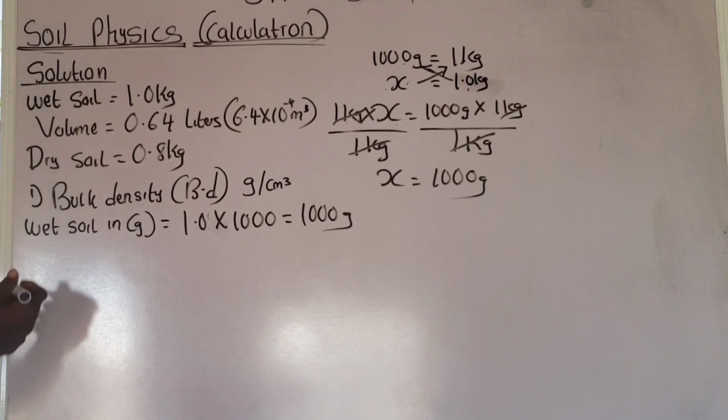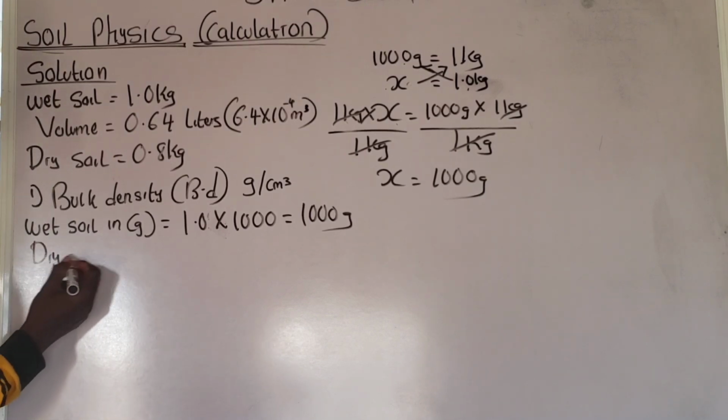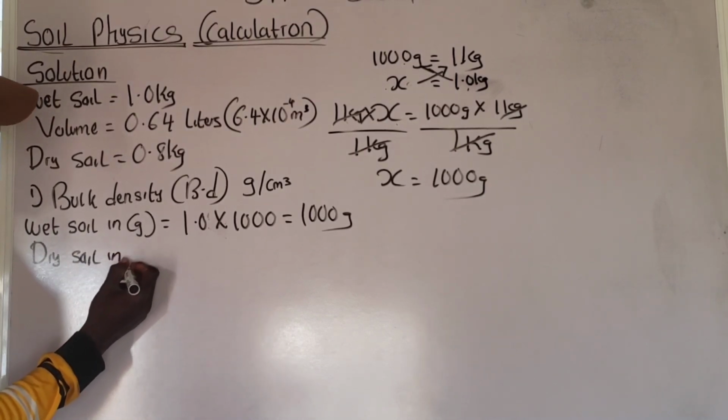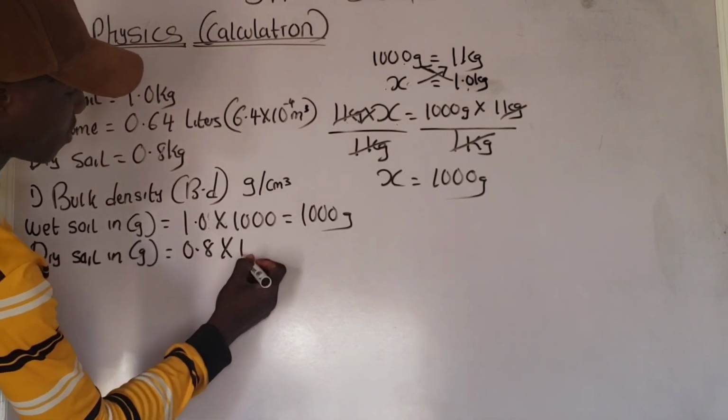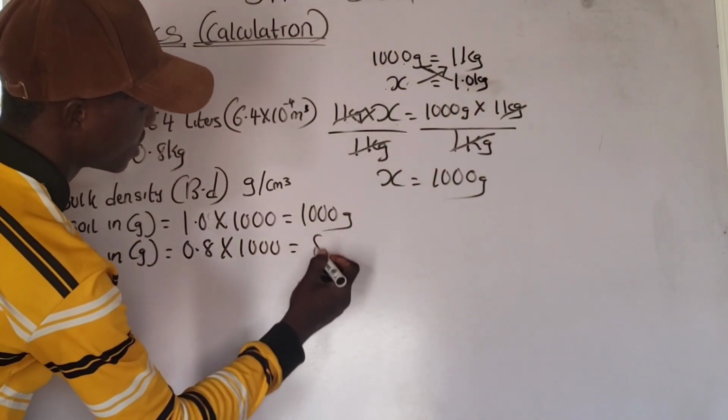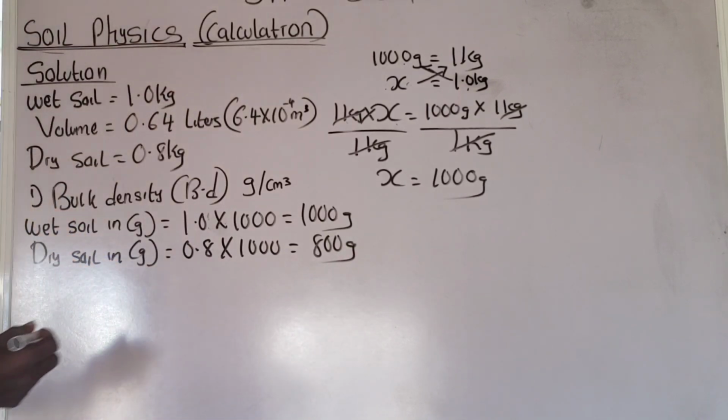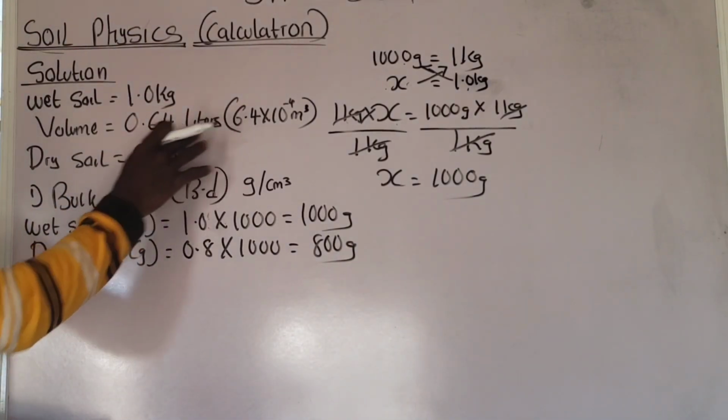Now let us change the dry soil as well. The dry soil in gram will be equal to 0.8 multiplied by 1000, which will give us what? 800 gram. You understand? Okay, now let us change the volume